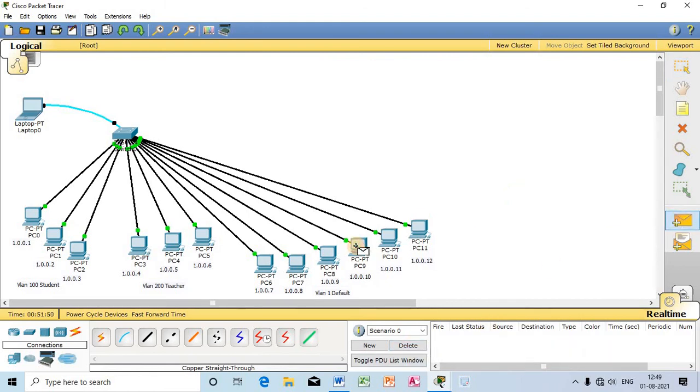But the default VLAN cannot communicate with the VLANs I just created, because all the VLANs are now separated under different domains. They will broadcast packets within their own domain, and one domain will not be able to send packets to another domain. So that is what we have created here by VLAN configuration, in spite of all the computers belonging to a single network.